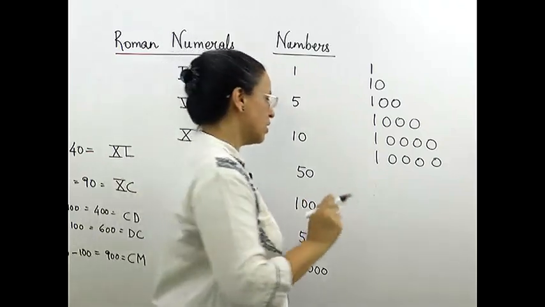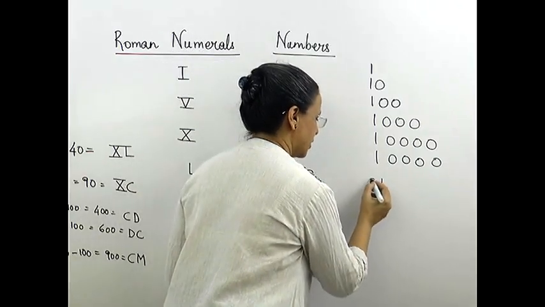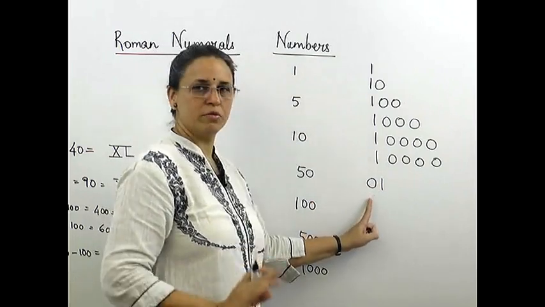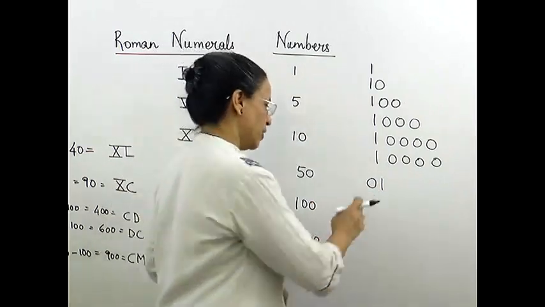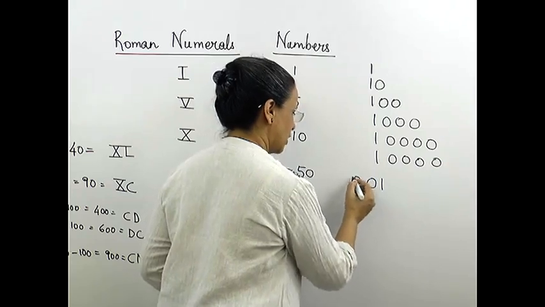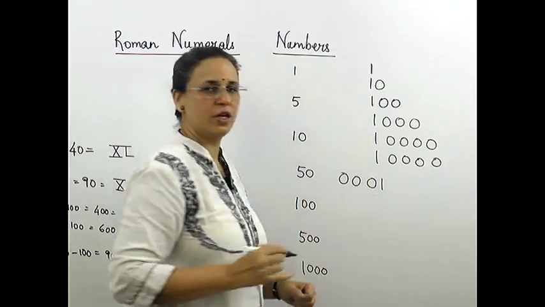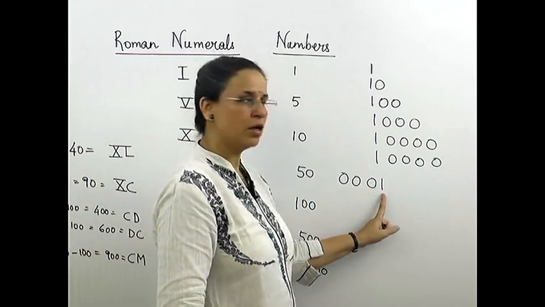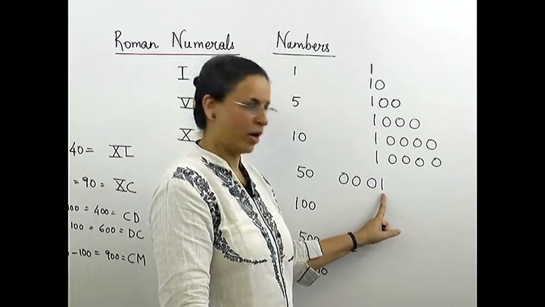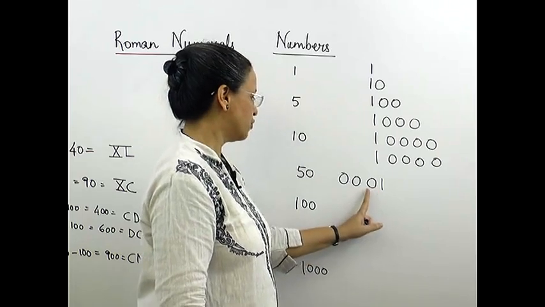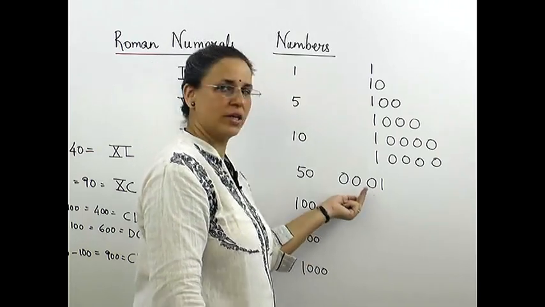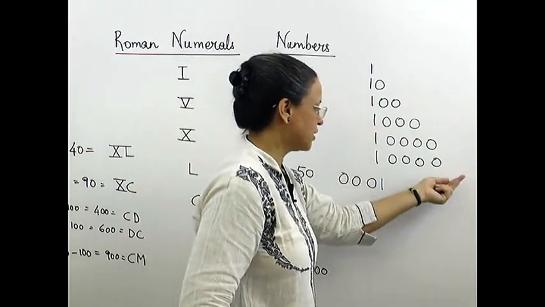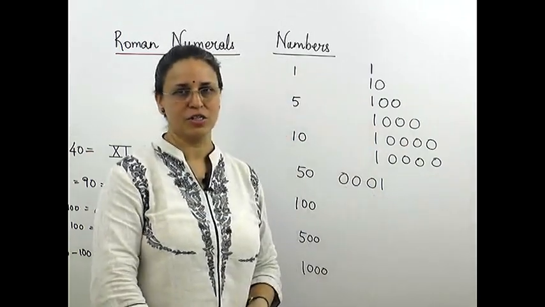लेकिन अगर ये 0 हम इस साइड डालते हैं तो उसका कोई भी मूल्य नहीं है. आप इसके सामने 2 0 डालिए, 3 0 डालिए तो भी उसका मूल्य कुछ भी नहीं होगा. इसका मतलब क्या होगा? 1. Why? Because the number of zeros which is put on the left hand side don't increase the value. But if they are put on the right hand side, then they will increase the value.